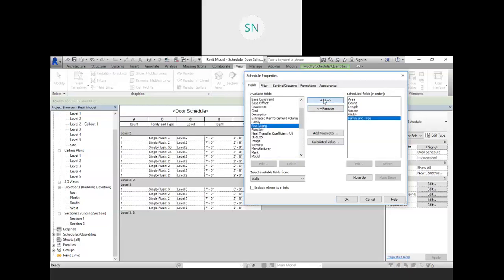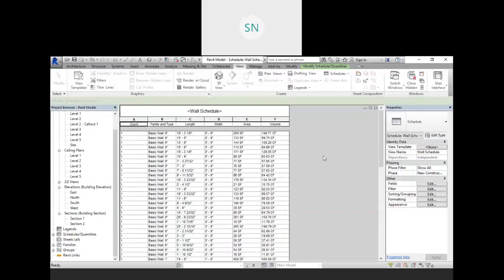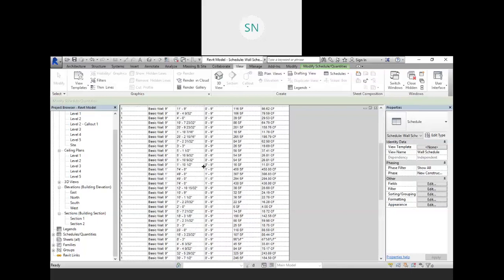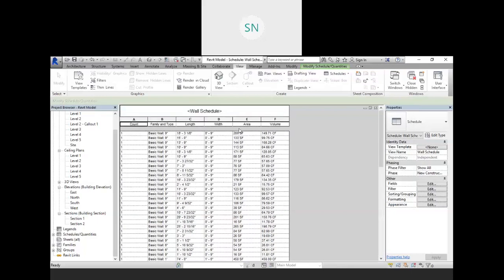Family and type. Then arrange it. Count should be on top. Then family and type is second one. Then length, then width, then area and volume. Then hit OK. And you will get an entire schedule of all your walls and the area of that wall